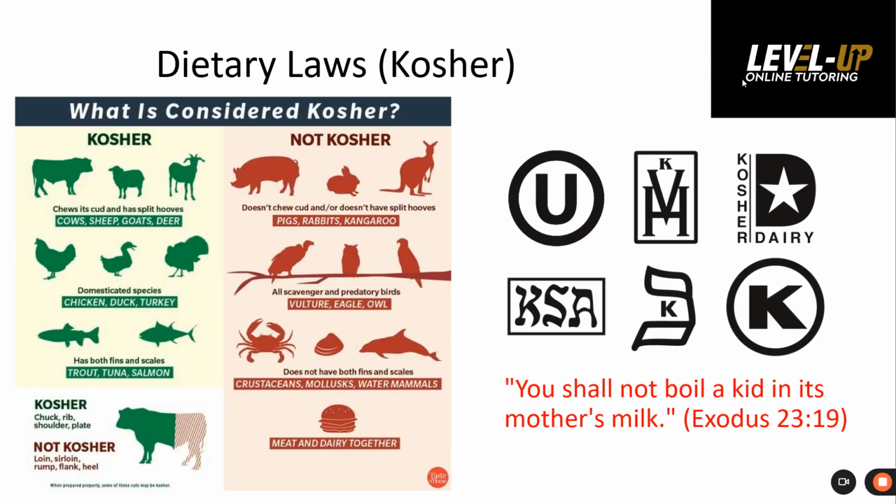They're not going to have any issues of the meat and dairy coming into contact and therefore no longer making it kosher. In order to make food kosher, it has to be slaughtered in a very specific way where the animal is not caused pain or harm. And this is purely on the basis of life is given by God and therefore needs to be respected. Even if they are animals, they are still something that God created, and therefore you do not want them to suffer unnecessarily.